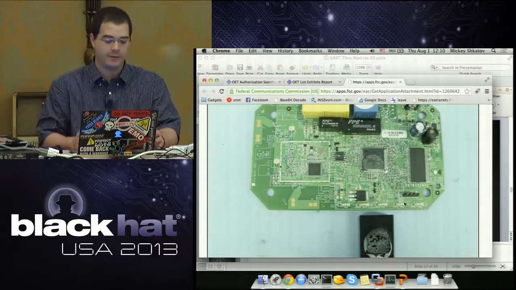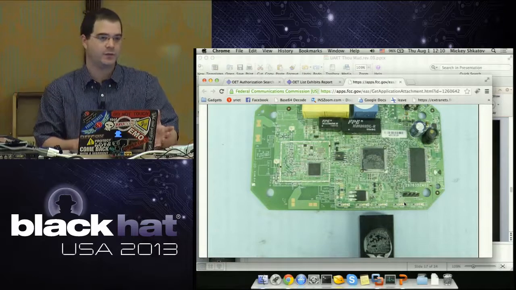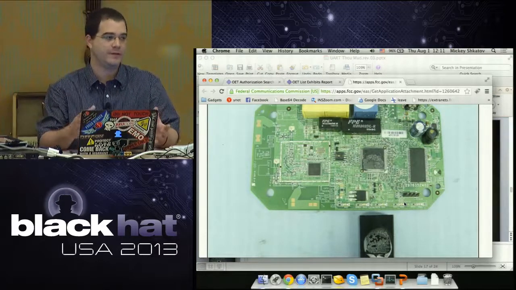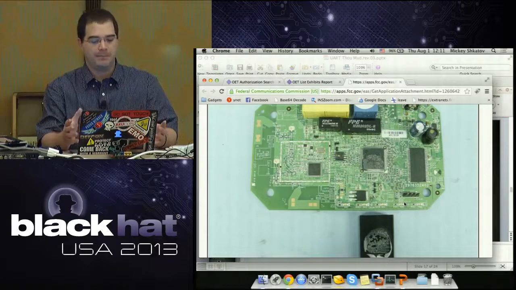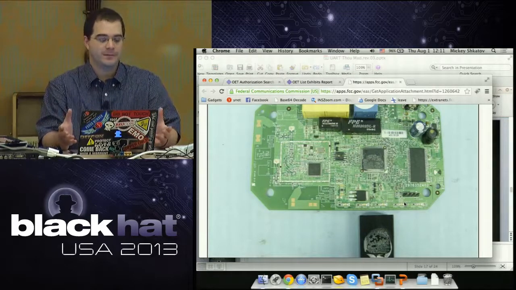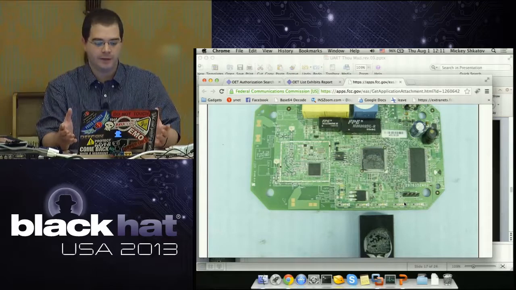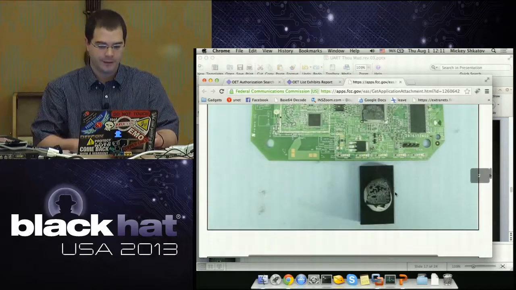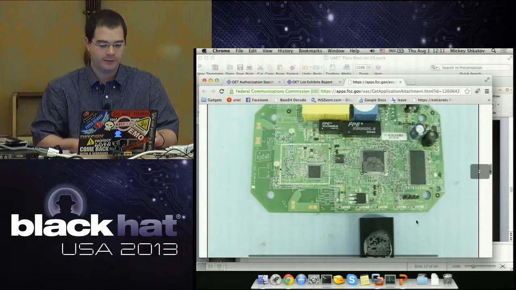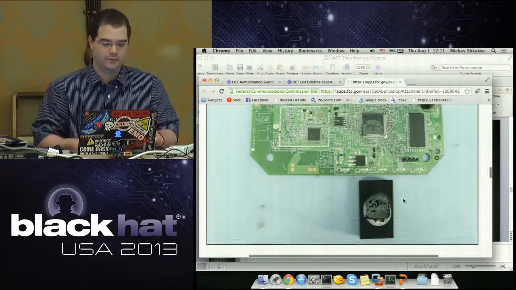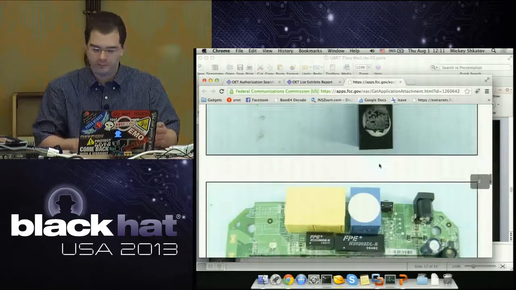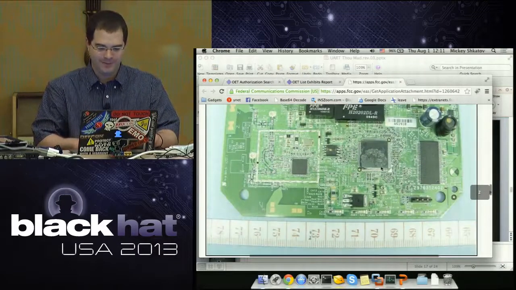Now, sometimes the FCC ID pictures will not represent reality, because these companies submit these photos to the FCC for approval, but it won't be the final PCB most of the time. So the production product might not have those pins sticking out of it. But as you can see, 4 pins can only mean one thing. Well, it's most likely only going to mean one thing. Thank you for correcting me there.